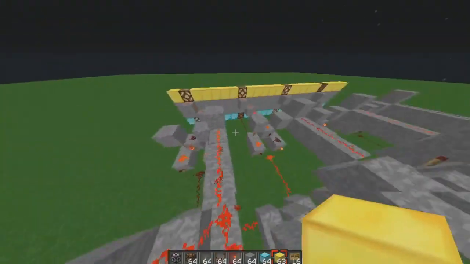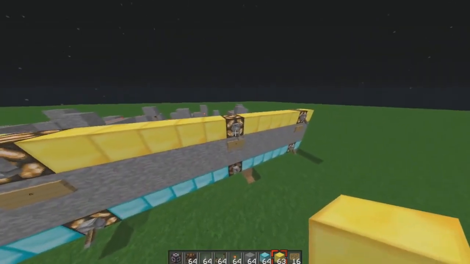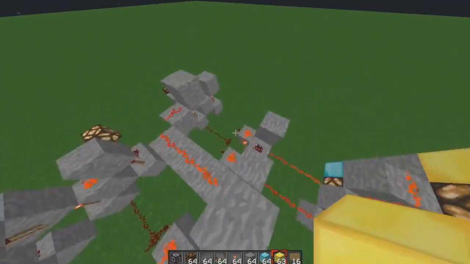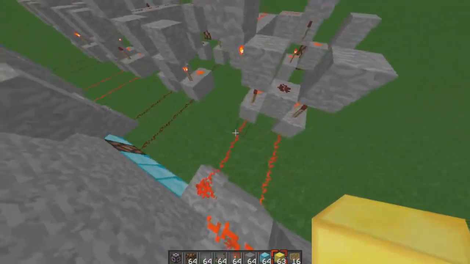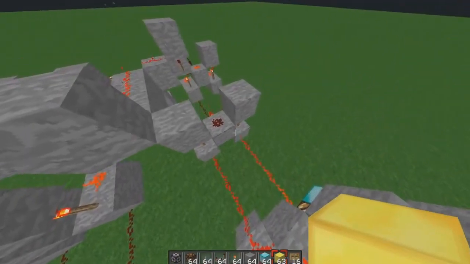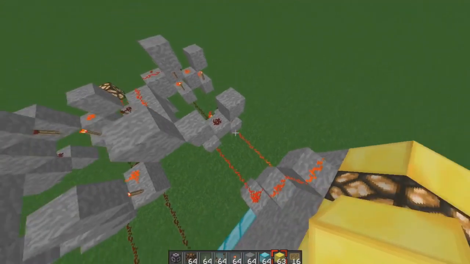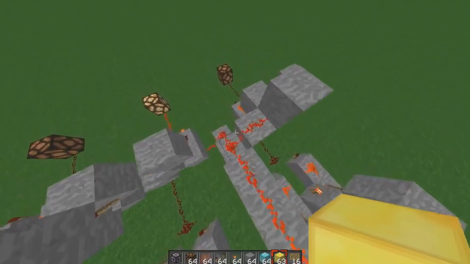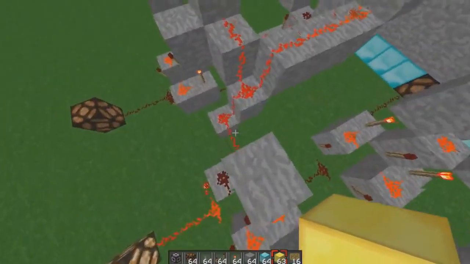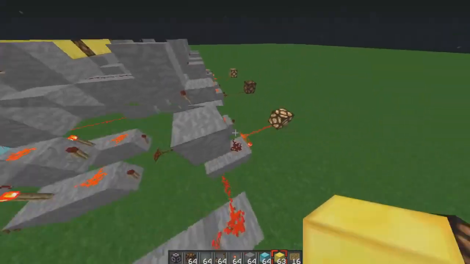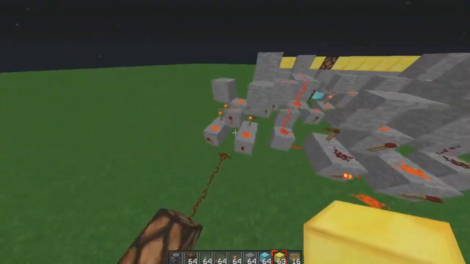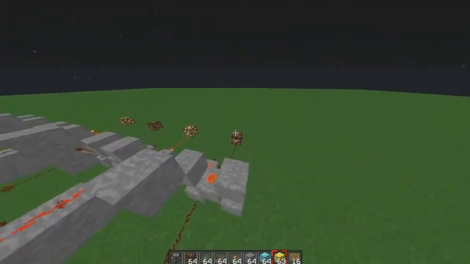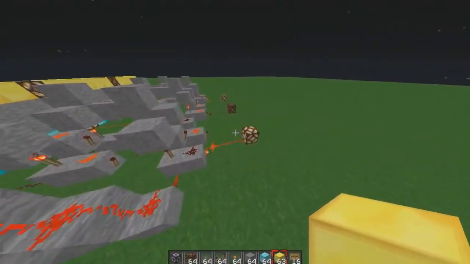If you follow the redstone, I'll just turn this off so you can see. The carryover happens right here because these are both on. So imagine you did 5 plus 5 in real math. Then that'd go over to the next number, which is 10. So it's basically how it works here. 1 plus 1 is 2 because that's the next carryover. So it changes it so it doesn't go into this light bulb. It goes into the one after that.